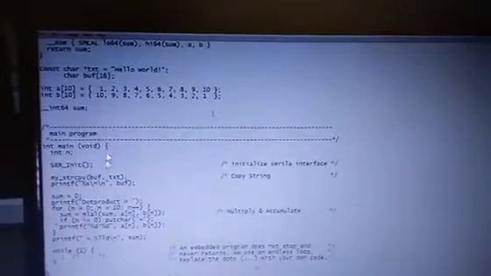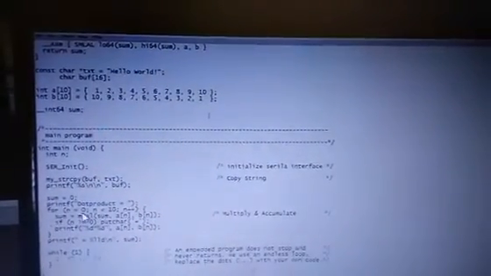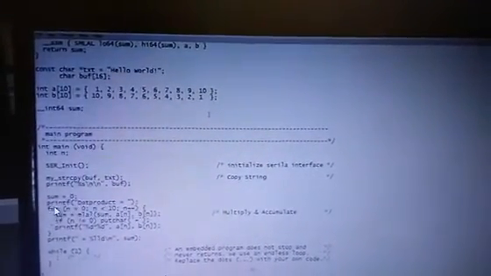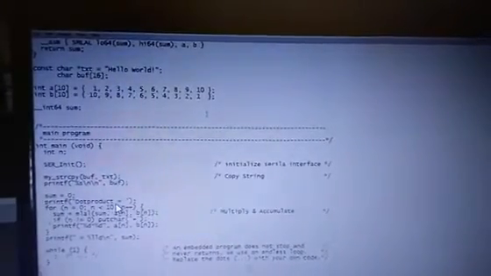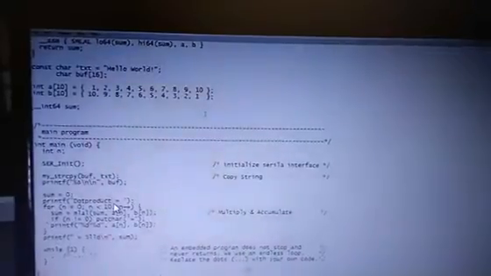So this is multiply and accumulate. Hence, we give the printf statement as dot product of two arrays for the multiply and accumulate operation.